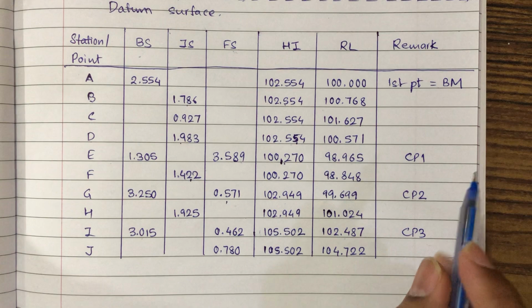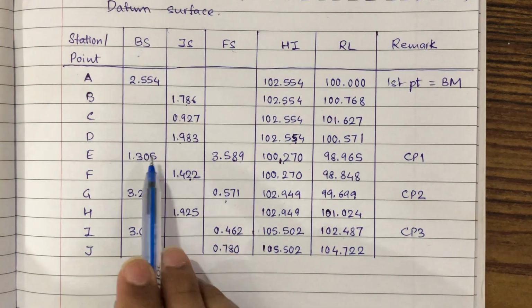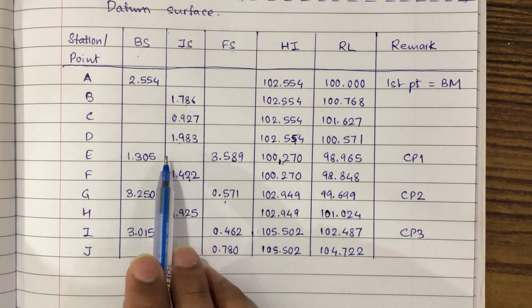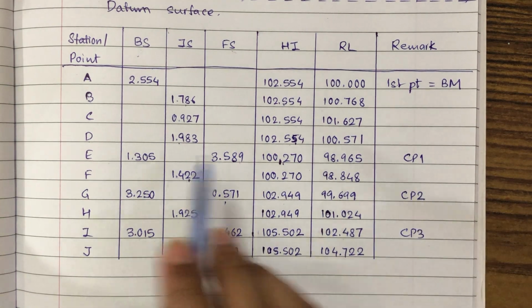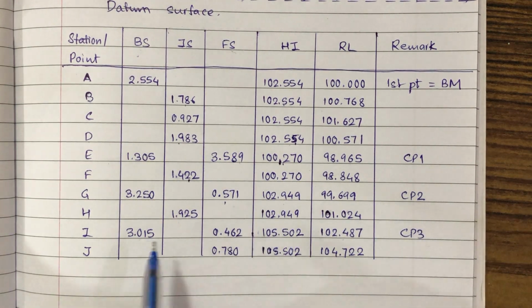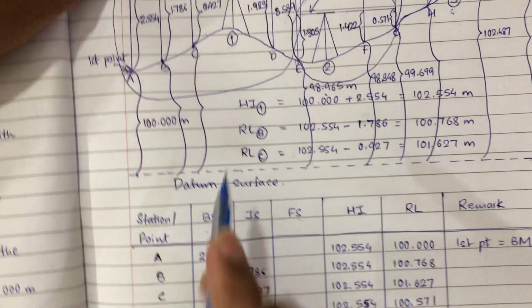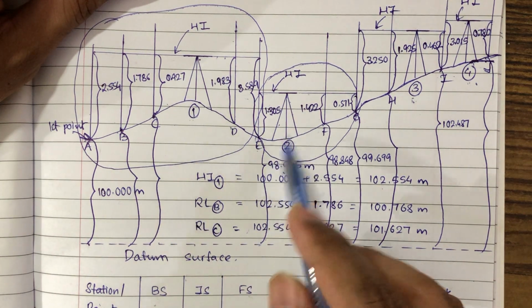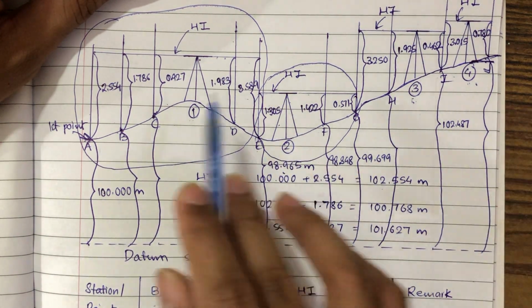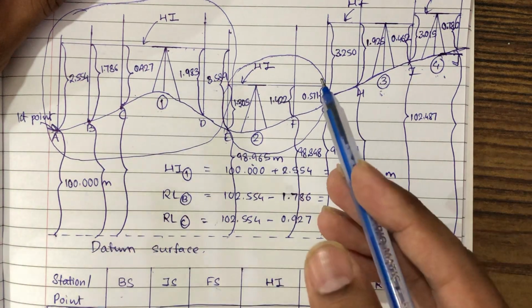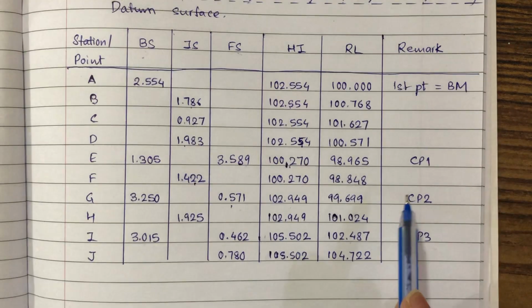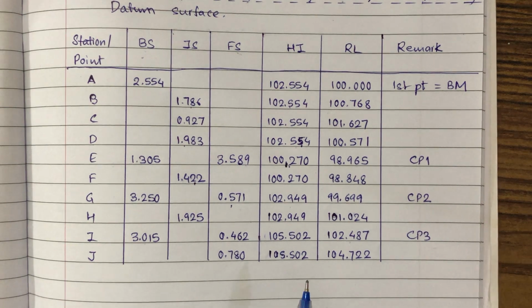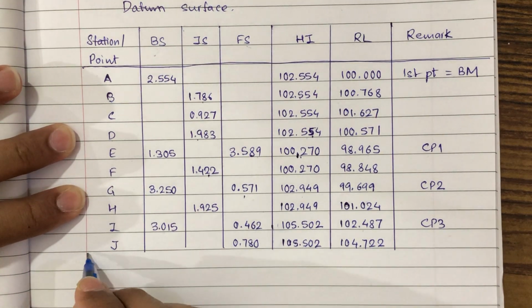Now you can see over here where the backsight and foresight readings both coincide. Those are called the change points. See here, backsight and foresight readings are coinciding, so they are called the change points: change point 1, change point 2 and change point 3. The original position of the instrument was this. From here it changed its position thrice: 1, 2, 3. So we have written here change point 1, 2 and 3.